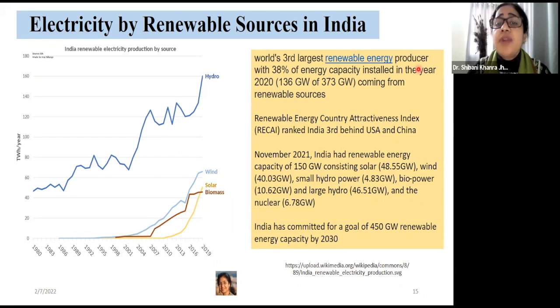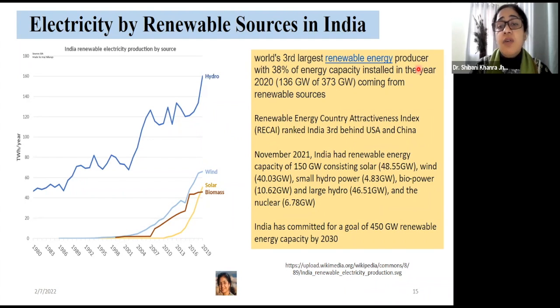It was found in 2020 that 136 gigawatt out of 373 gigawatt is produced from renewable sources. Also, a study indicates that the renewable energy country attractiveness index is actually putting India at 3rd rank behind USA